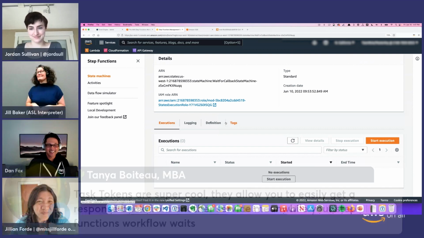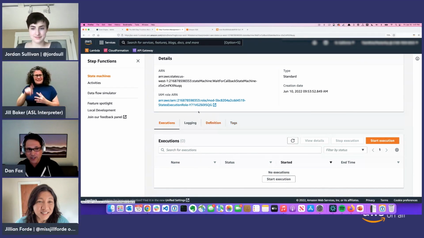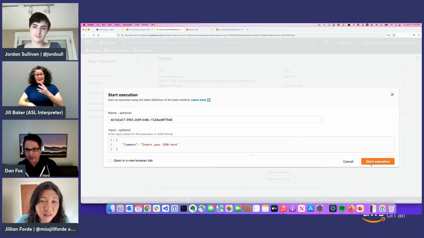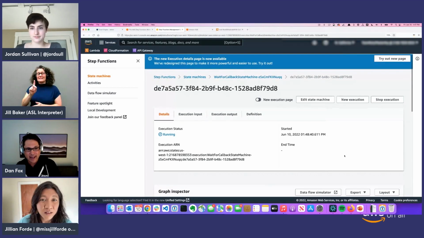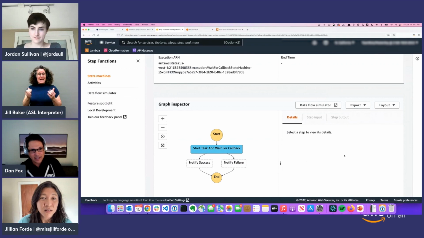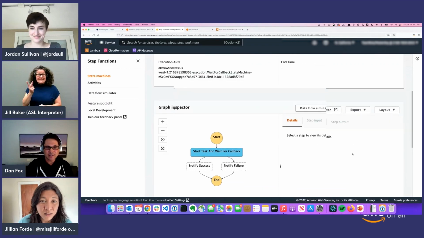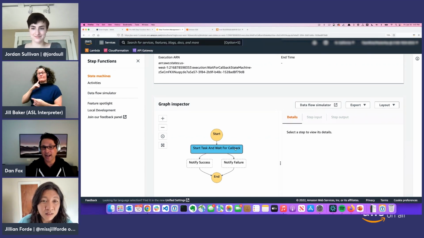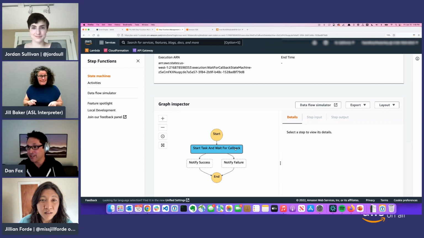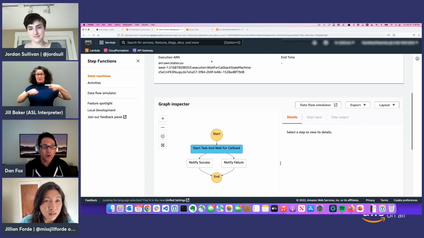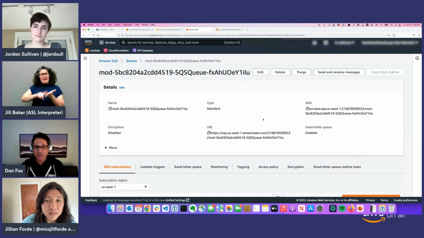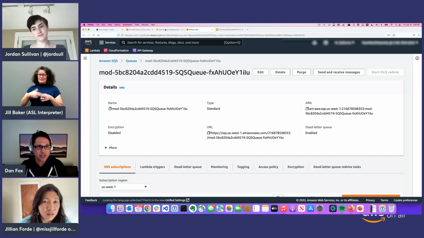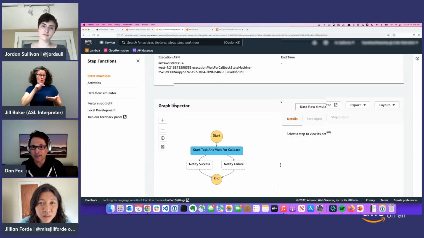Absolutely, yeah. So, okay, let's start an execution here, and we're going to see what happens. You can see that I can put some JSON in here. I'm just going to leave the default JSON. And now this is running. And you can see basically it's just stuck in this state. It's in a blue state and it's waiting for the callback to happen, and the callback's not happening. So it's just going to stay paused here because the circuit's broken. So we can go and check out SQS. This is the SQS queue that is referred to in the state machine here. So you can see, we'll look at the state machine.